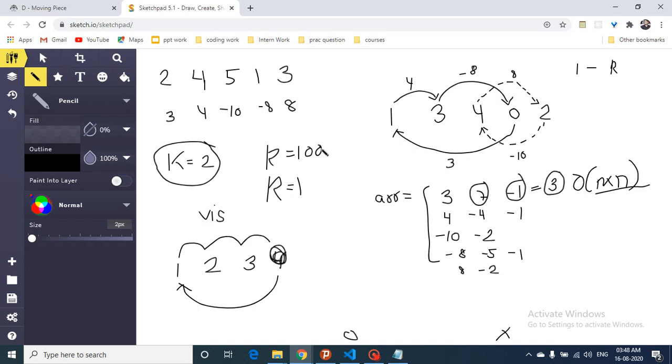Okay, now if k is greater than the cycle size, as you can see, the cycle size of this is 3 and k is equal to 100. So now I am assured that I can complete a whole cycle. Okay, so now there can also be a case that the increment of this whole prefix, or if I iterate over the whole cycle, my total sum will be -1, which means that if I go over the cycle 100 times, my total will become -100. I hope you understand. So it is not beneficial to make our total equal to -100, as you know.